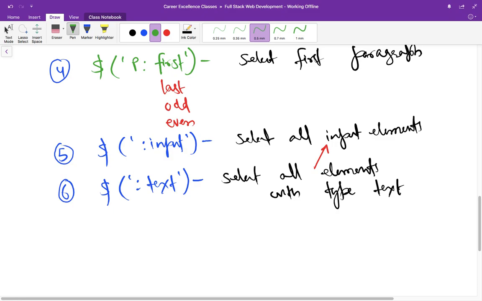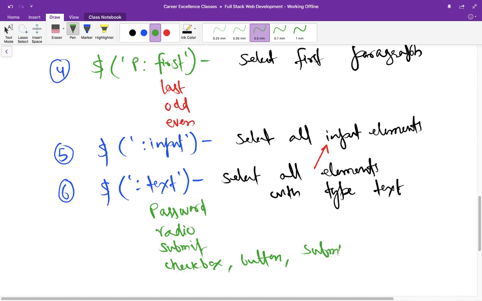Some of them are password, radio, submit, checkbox, button, submit, and so on. Other than these, there are many more selectors that you can use in your code as per the requirement. Now let us see a few of them in action and try to understand their working.